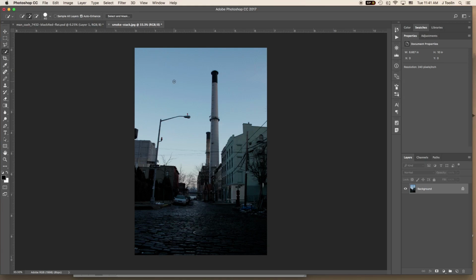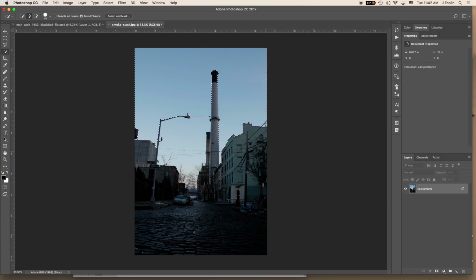All right, so I'm going to select the blue sky, right? And I'll do it pretty quickly because that's what the Quick Select tool does. And it is very fast, but it's not necessarily accurate, right? It does a pretty good job, but it definitely needs some tuning, right? So you can see my marching ants, you've got the top of the sky. The marching ants go around that smokestack. They've stopped at this street light and jump across. Right, and they're missing this lower portion of the sky, missing between the building and the smokestack, missing that top